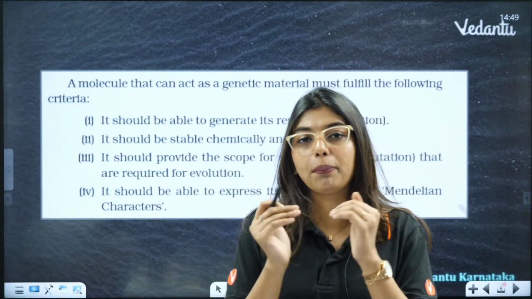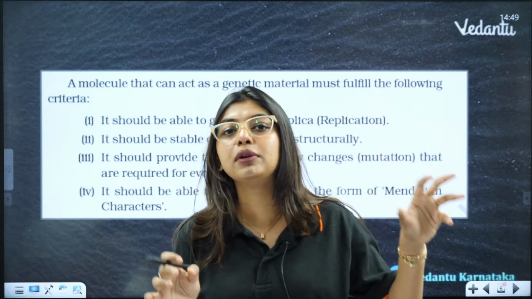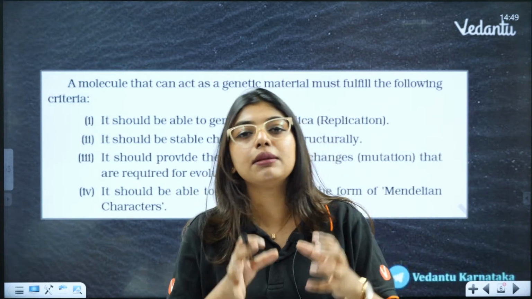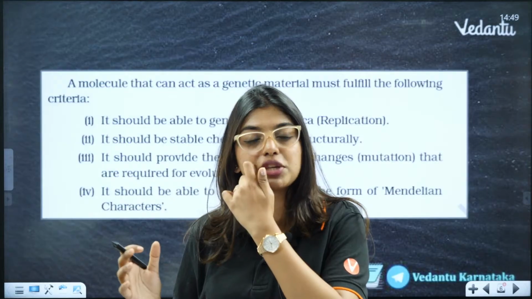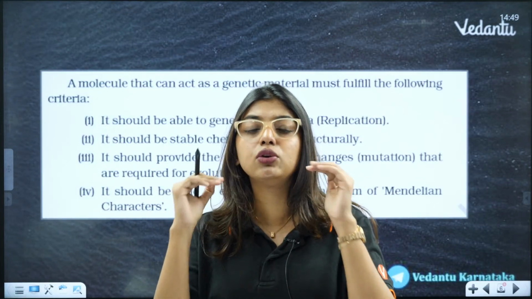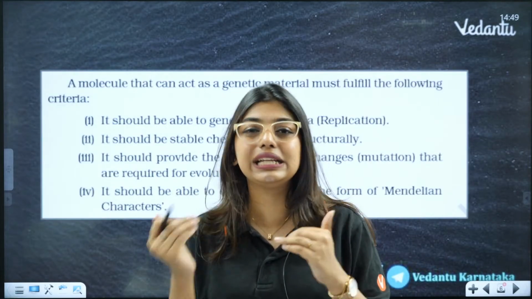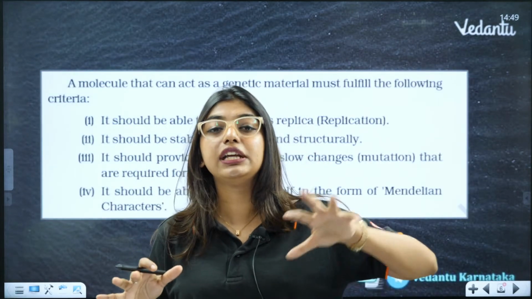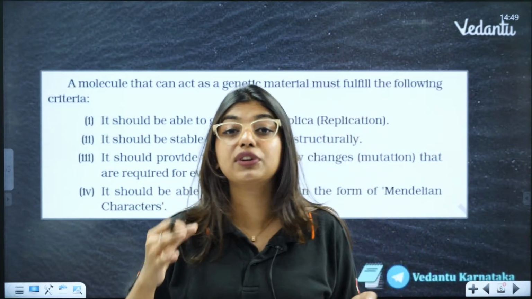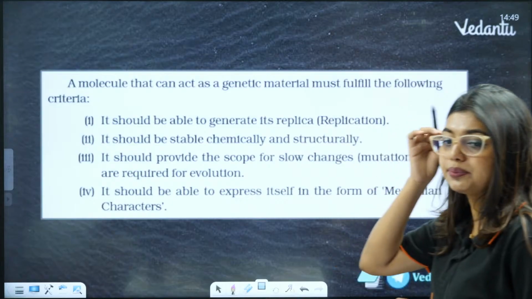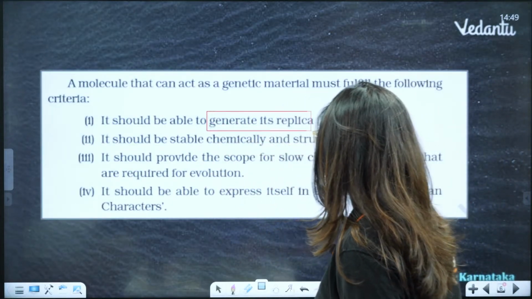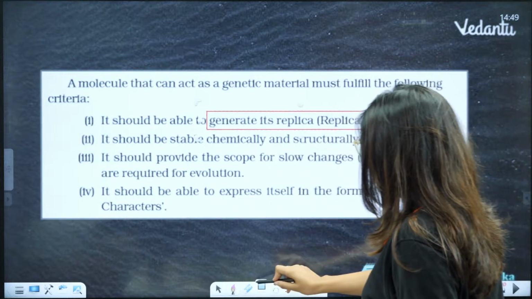So, one proper criteria: there will be a set of people who will stand for the politician role, or MP role, or MLA role. There will be certain people who are going to look for jobs. So every job has a medium, boundaries are there, criteria are there. In the same way, if DNA or RNA wants to become the genetic material, one set of criteria is given for them too. It should be able to generate its replica, that is, it should be able to undergo